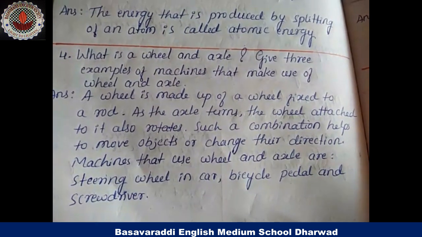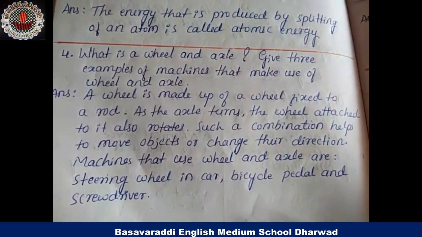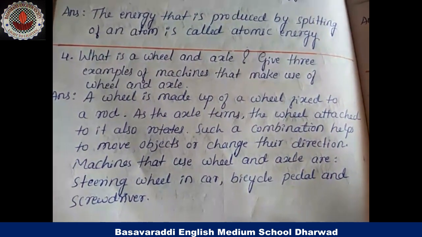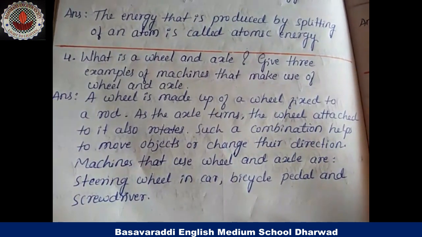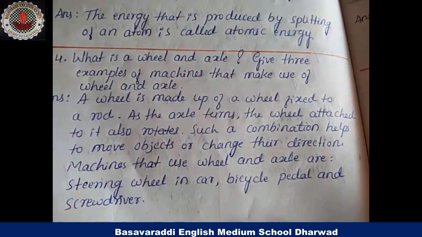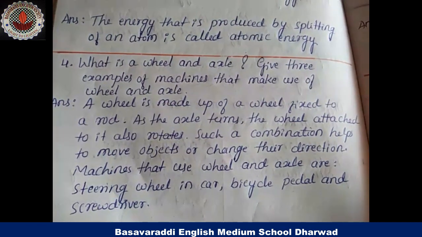Such a combination helps to move objects or change their direction. Machines that use wheel and axle are steering wheel in car, bicycle pedal and screwdriver. Okay, these are the examples of machines that make use of wheel and axle.